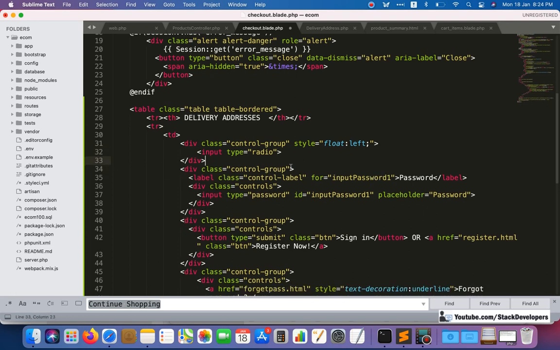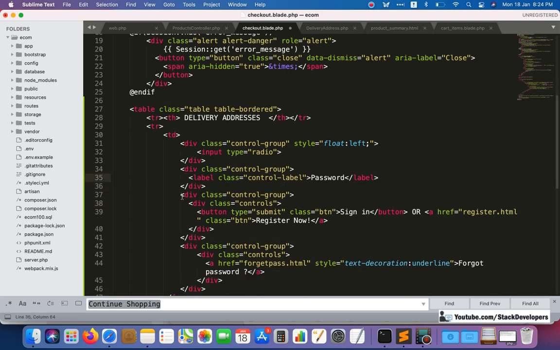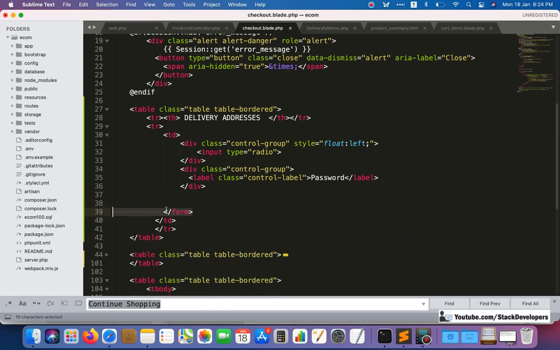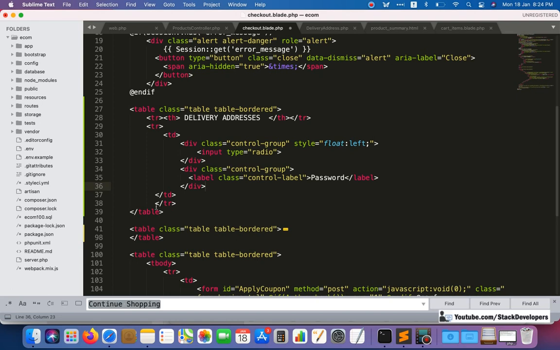Once again we can give this, and after that we are going to have the complete label information. That thing we can give here, label. This one is not required, and this unwanted code we can remove. The form is also not required. So you can do these changes like this.